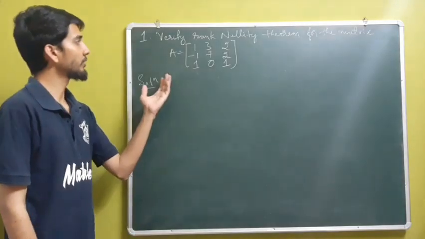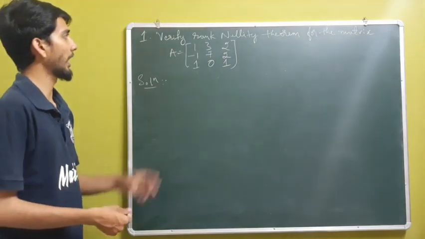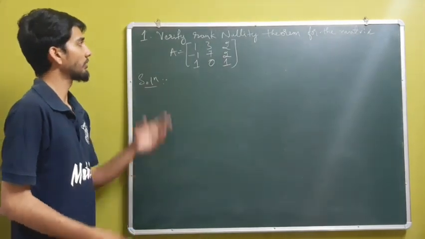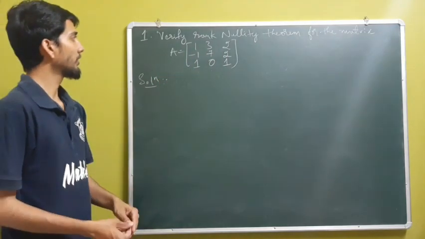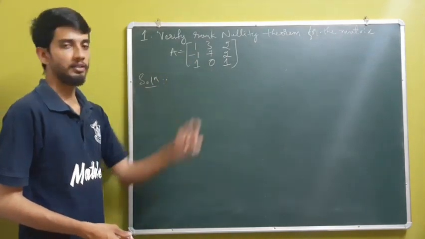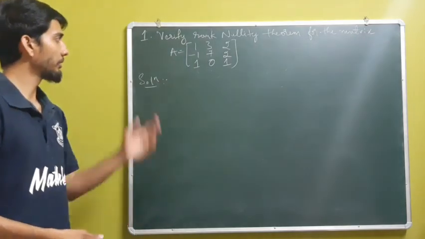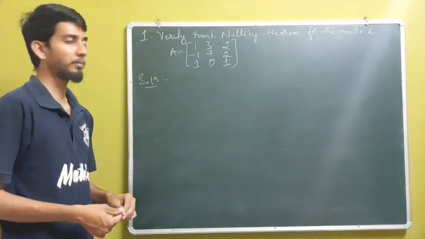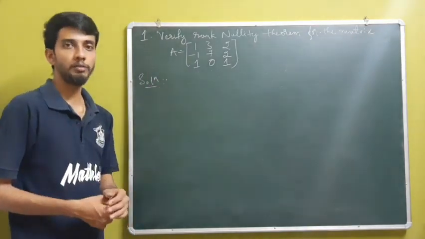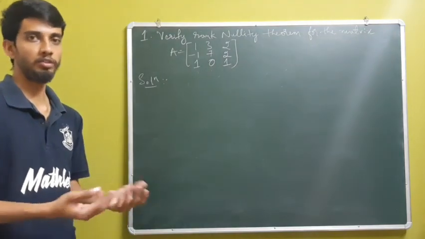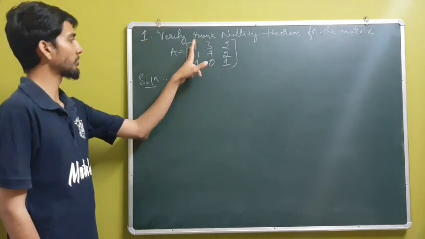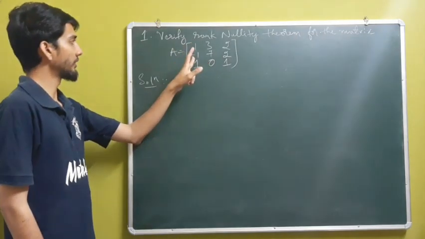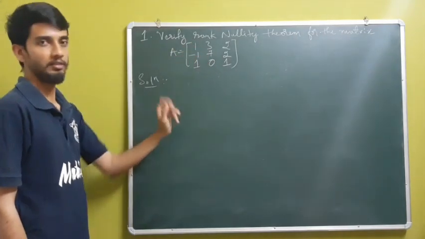Next, we have some set of problems relating to rank and nullity. So given, verify the rank nullity theorem for the matrix A, 1 3 2, minus 1 7 2, 1 0 1. First, we will find the rank of the given matrix. In order to find the rank, we will follow the method of elementary row operations, and the left topmost corner is 1, and the idea is to make the elements below it 0